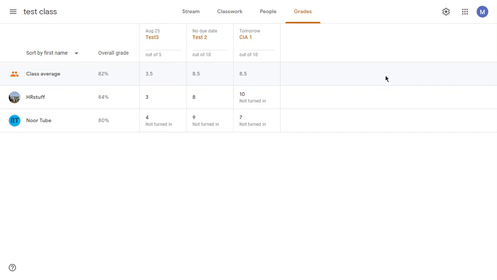This is the way archiving helps you close classes whenever they are not needed. Regular classes often have to stay open, so they need not be archived. But for classes created for tests, when the test comes we can restore the class, and when the test and the grading are over we can archive it. I hope this helps you create a subject-wise mark sheet arrangement for the CIAs you are conducting, and to get the overall grade of the student as well.